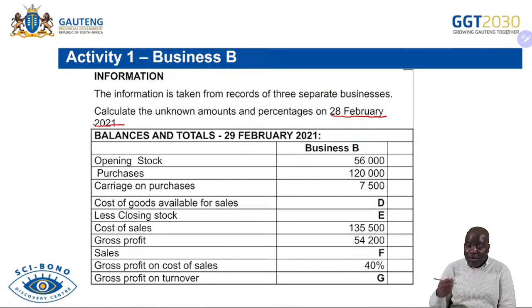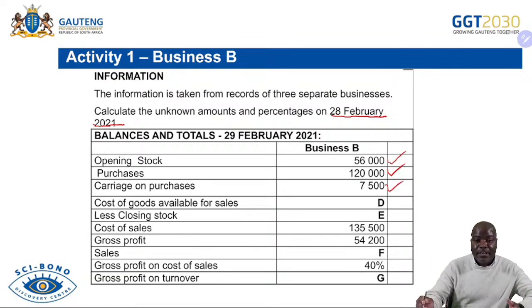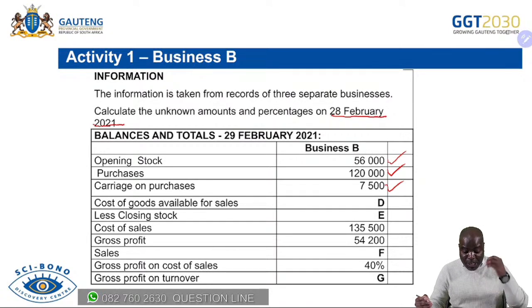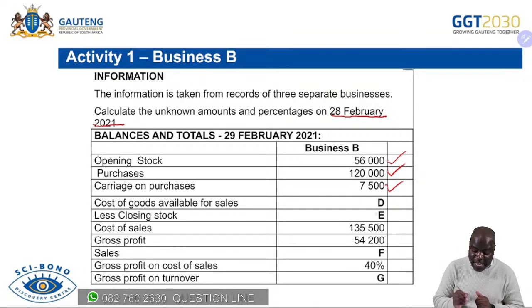Now let's get to look at the calculation. This one is easy. I'll state the calculation, how it is done, and move on to the next thing because it's a repetition of what we have done in the business A. We have got our opening stock there, boys and girls. It's given, no need to calculate it. We have got our purchases. We have got our carriage on purchases. This takes us right back to Mr. Simbi's principle of calculating cost of sales. He has mentioned that you have got your opening stock at the beginning, you have got your purchases, you have got your carriage on purchases, and this business B does not import, so we don't have custom duty or import duty. It is only those three which you are going to add